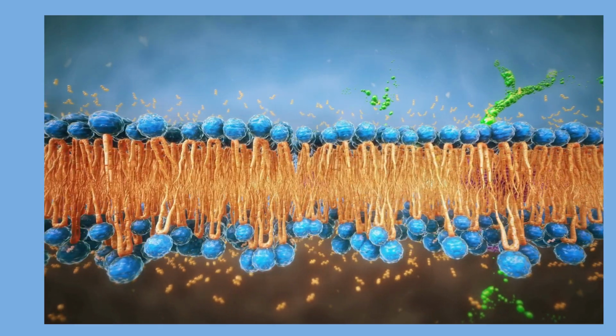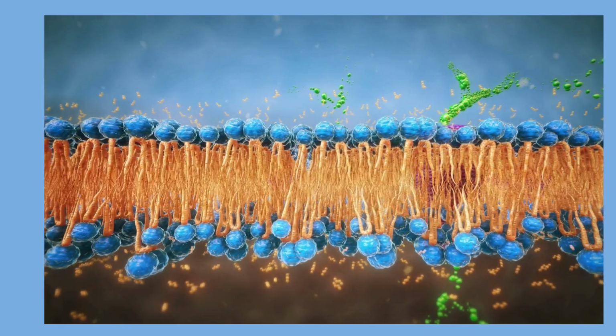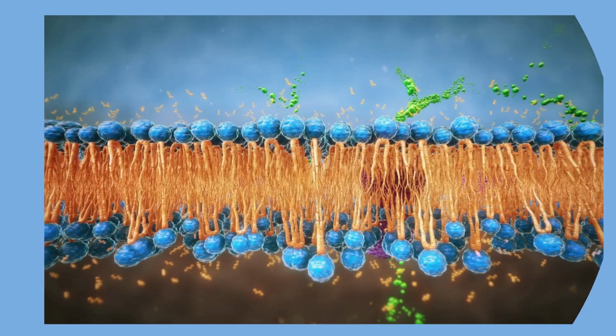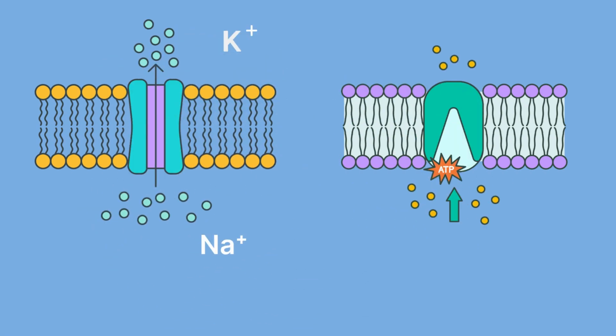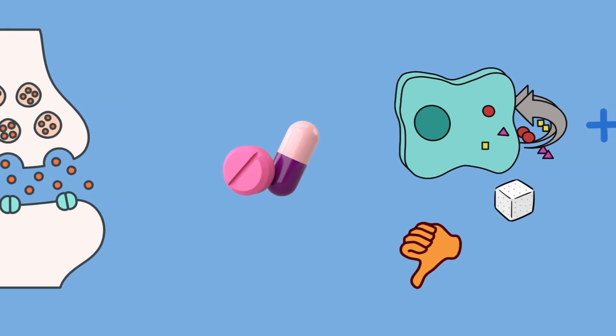Before we dive into what's inside the cell, let's take a moment to understand cell membranes and its function. The cell membrane is made up of two layers of lipids with some cholesterol to keep it flexible. This membrane is full of gatekeepers called receptors that control what goes in and out, like sodium, potassium, glucose, and CO2. For example, medications like Prozac interact with these receptors to maintain serotonin level high, while beta blockers block the effects of adrenaline on heart cells, lowering heart rate.